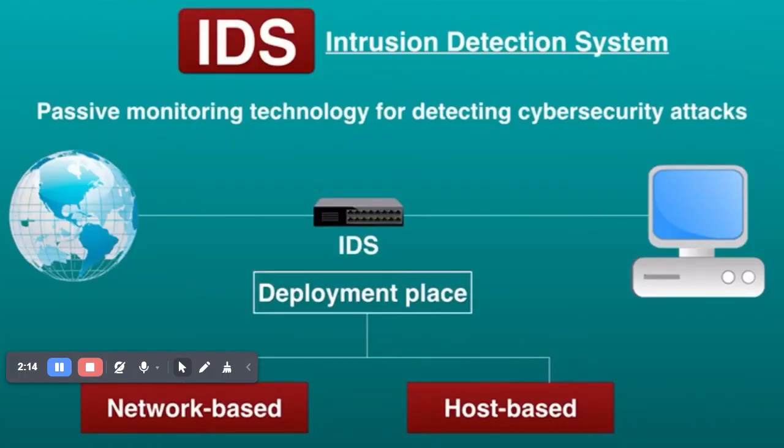Okay, so it matters what type of IDS you choose. The underlying function is similar. You will use passive technology to detect an intrusion. When something suspicious is found, you will get an alert about it. Pretty straightforward. Now, IDS can also be categorized based on how they identify potential threats.